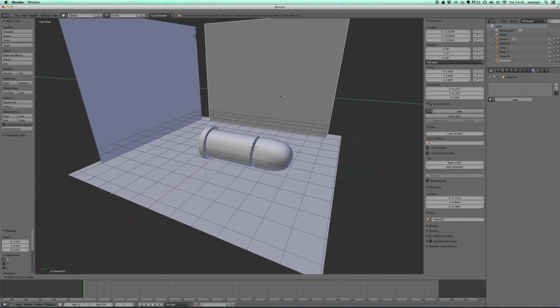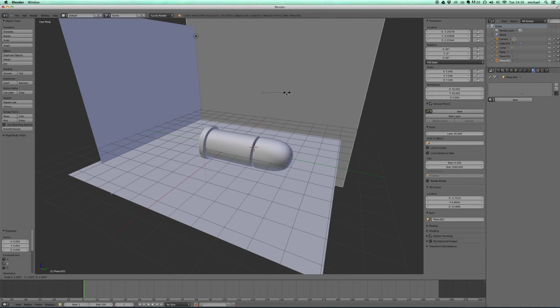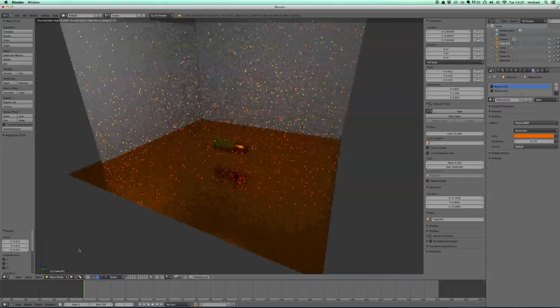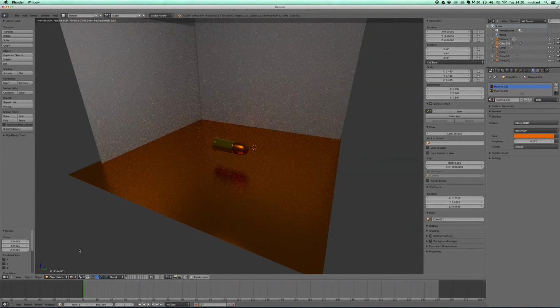So just to make this fit and to square everything away, I am going to scale it up a little bit. And I'm going to take this object and scale it because it's a little bit big. And there we go. Let's have a look at this in rendered. So there's our scene. Not looking terribly interesting, and a lot of that is to do with the fact that there are no textures, I haven't really played with the lighting at all. And so what we'll do is we'll work